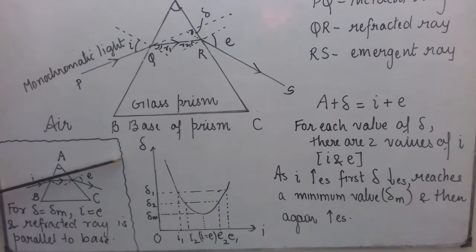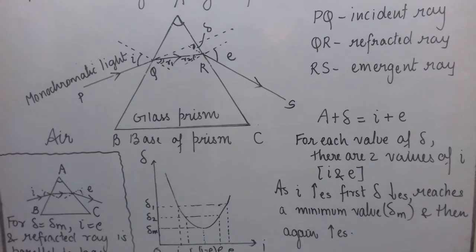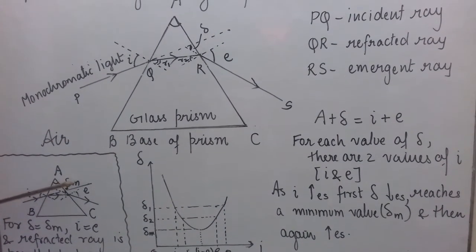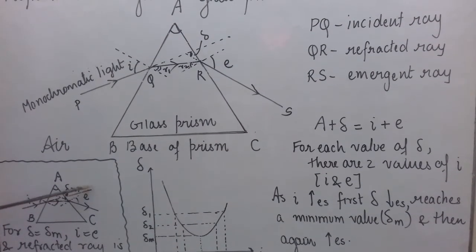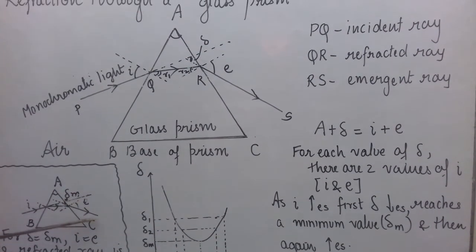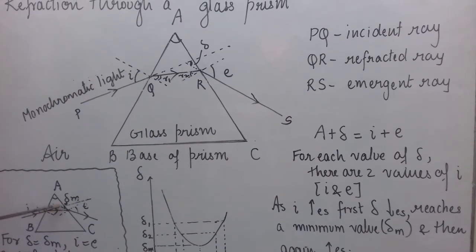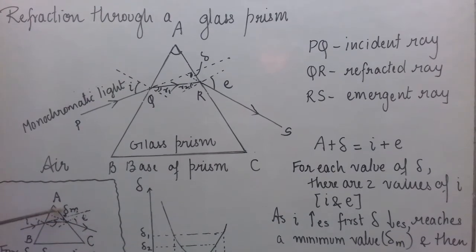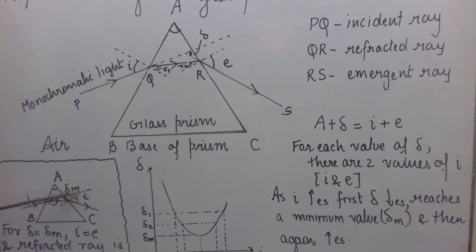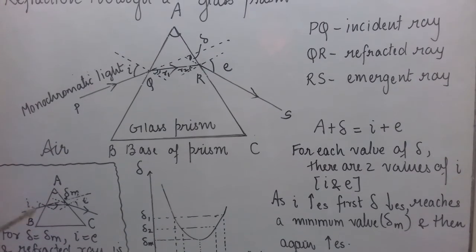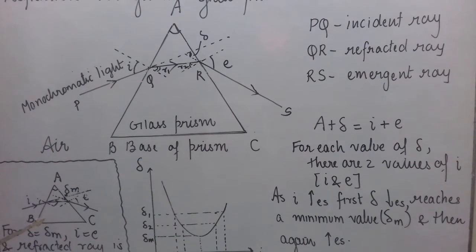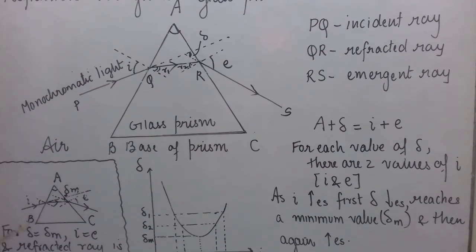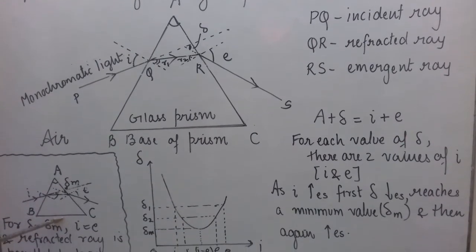Wait, I'll draw this angle of deviation now. See in this figure, when you extend this incident ray with a dotted line, and when you extend this emergent ray backwards, this is the angle between the extended incident ray and emergent ray. This angle we will represent by delta m because it is a case of minimum deviation, angle of minimum deviation. In this case i and e are equal, the figure looks symmetrical and the refracted ray is parallel to the base of the prism.